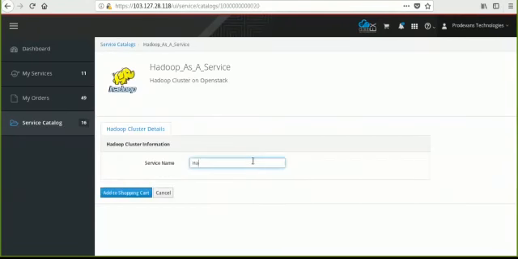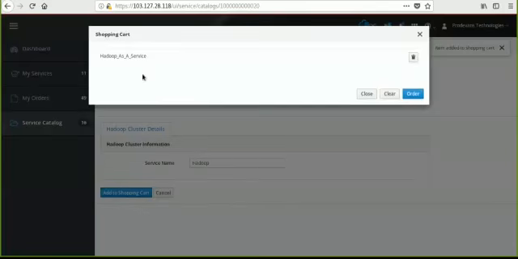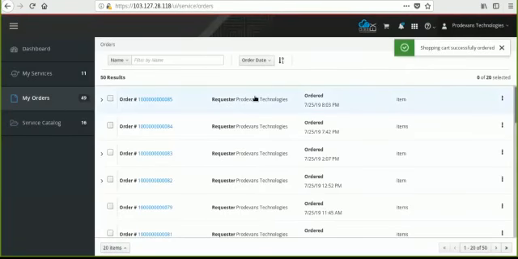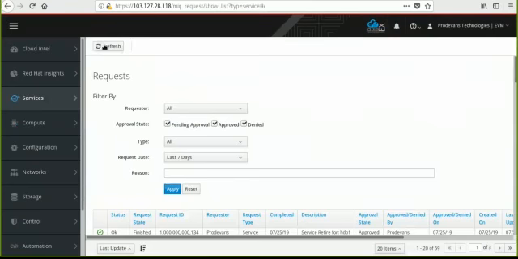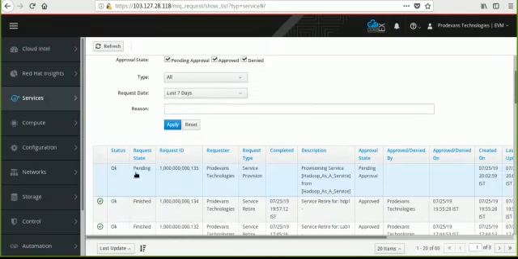The end user logs into the service portal and enters a service name, Hadoop, and then he clicks on Add to Shopping Cart. So once the service gets added into the shopping cart, he needs to place that order. So once the order gets placed, a request ID will be generated by the end user. Then the admin user needs to approve the request. So he clicks on the request generated